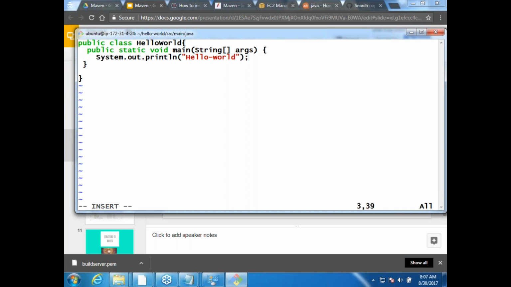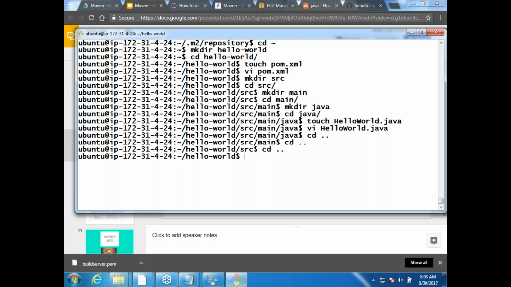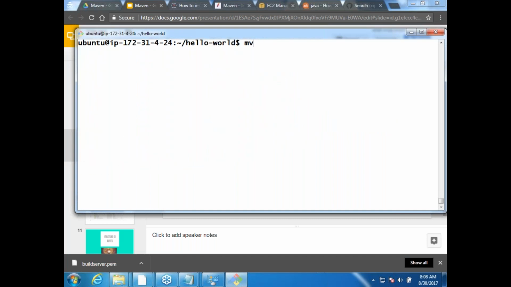First thing whenever you write Java code is you need to check whether the code you have written is as per Java's norms or Java's structure or not. Compilation will do that checking, and also give you .class files. Let us see that. To use Maven to build this, what I need to do is come to the folder where I have the pom.xml file. Do I have pom.xml over here? Yes. So I'd be using mvn compile.